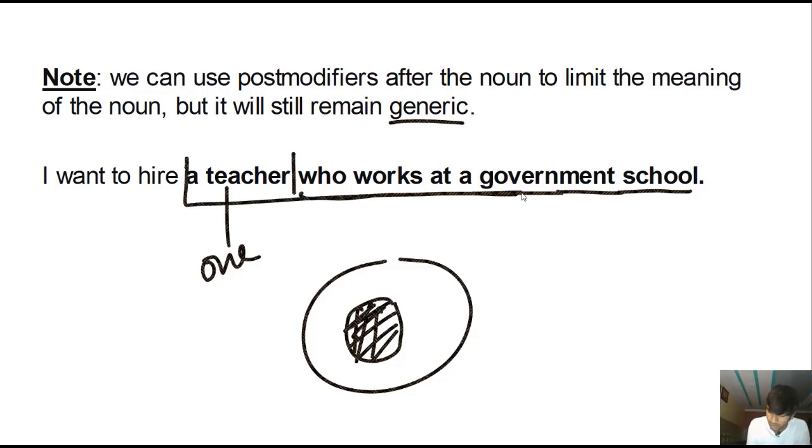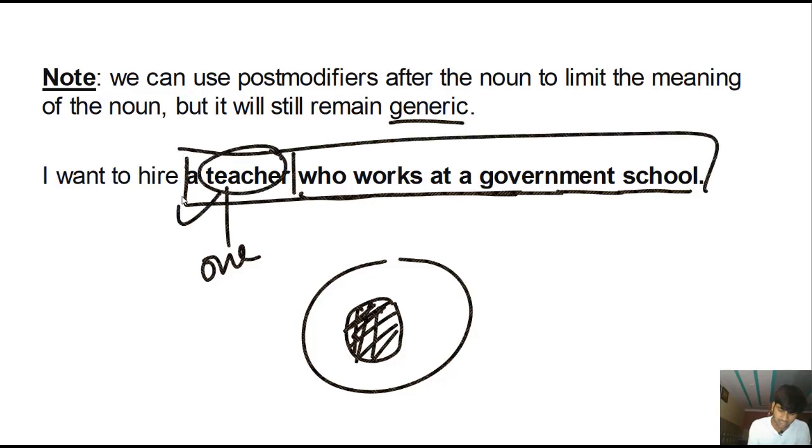So a teacher who works at a government school is the noun phrase. Okay, teacher is the noun, a is a pre-modifier, indefinite article, who works at a government school is an adjective clause, post modifier. Okay,